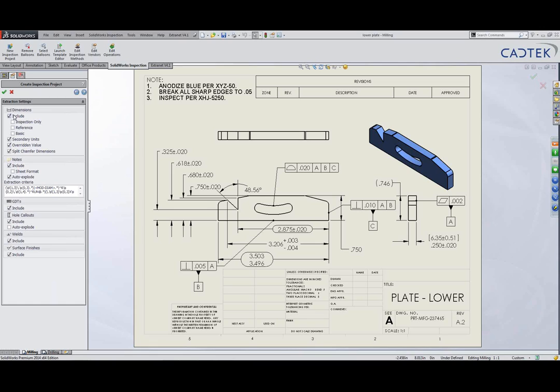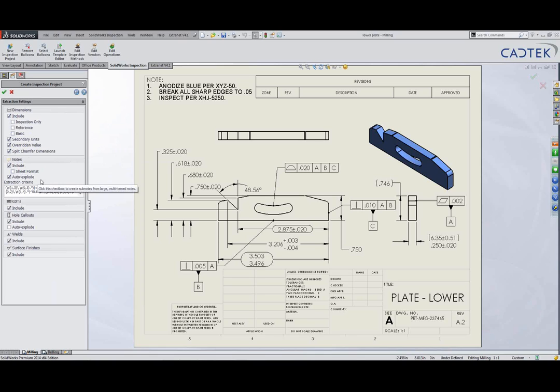So if there's a lot of dimensions that need doing and inspecting, and not a lot that don't, then you're probably best off to include all and then delete the ones you don't want. Alternatively, you can just go around and do it manually, very similar to what I did in the standalone package. So in this case, we're going to include all of the dimensions,